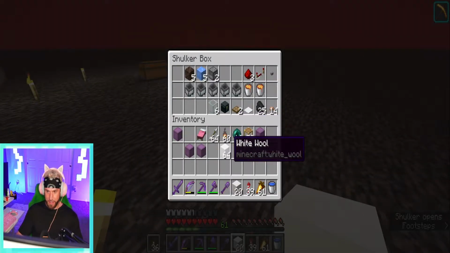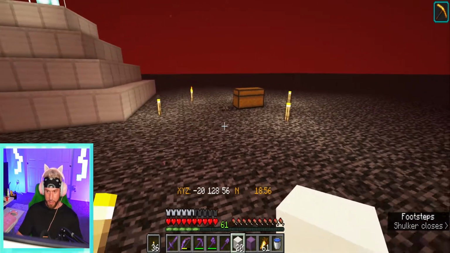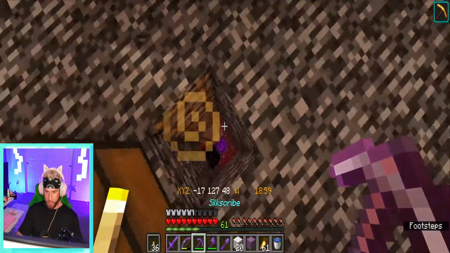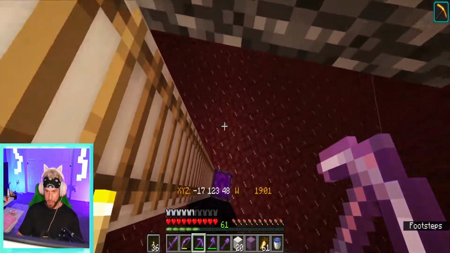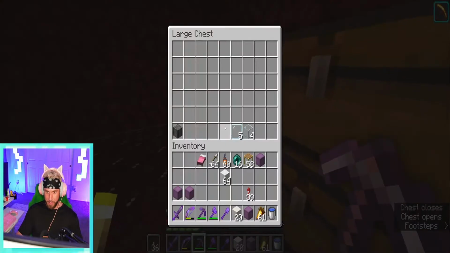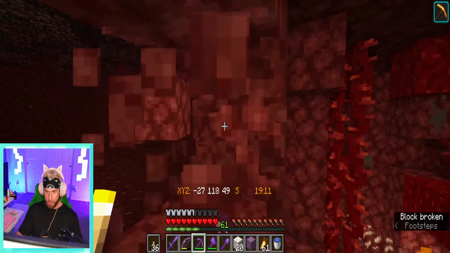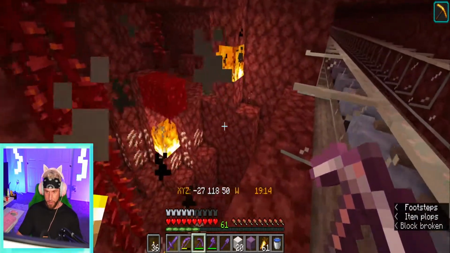Then, do I have... These are for other projects. I need some temporary blocks. You know, a perfect temporary block is netherrack. So let me just go grab some of that. I should have some in one of these, maybe? No? Let's see. It's kind of...